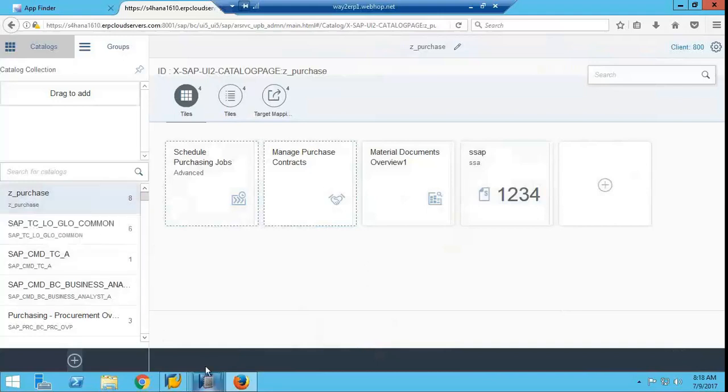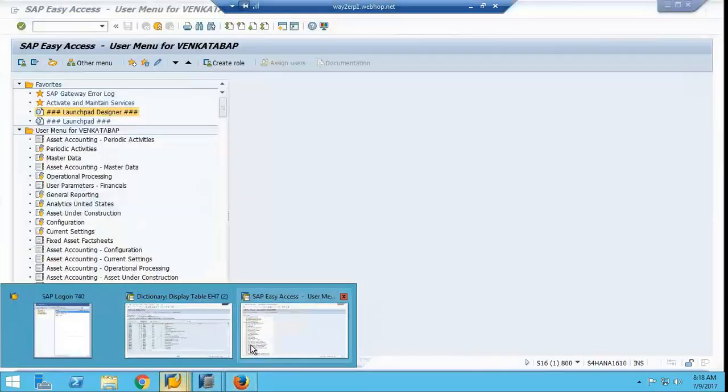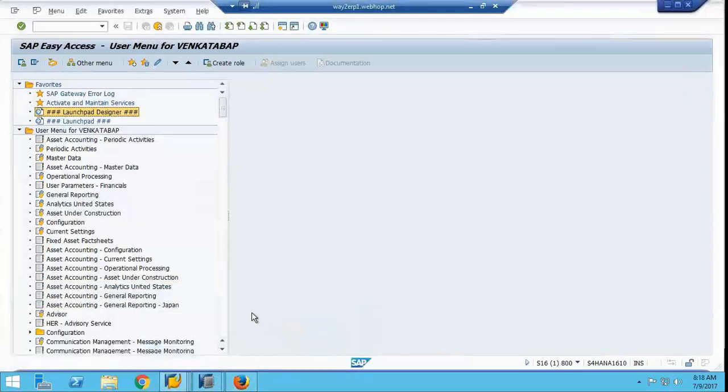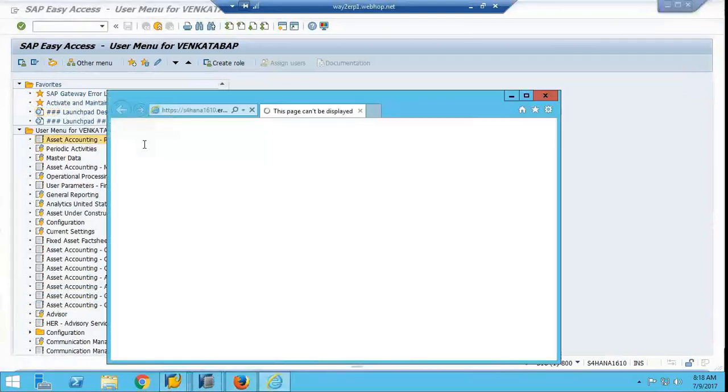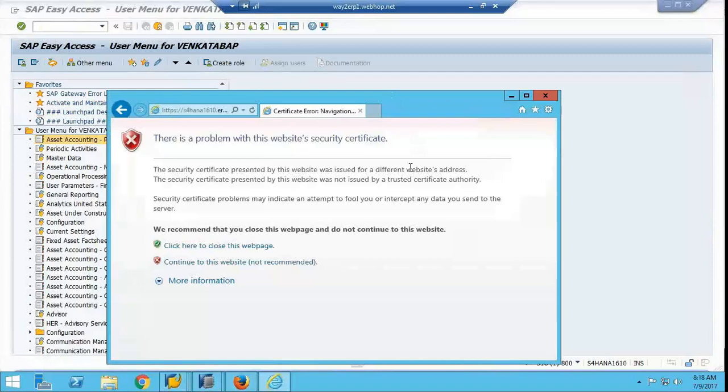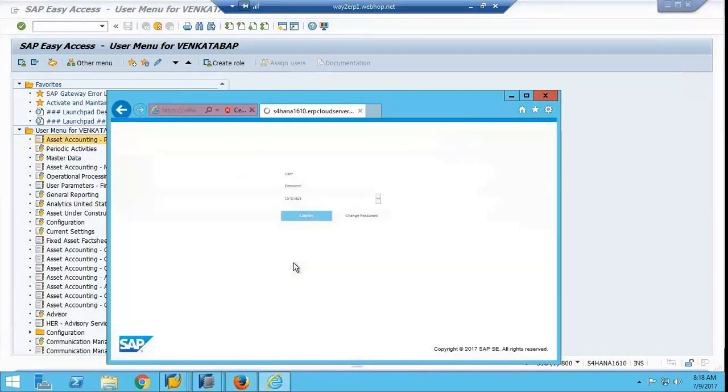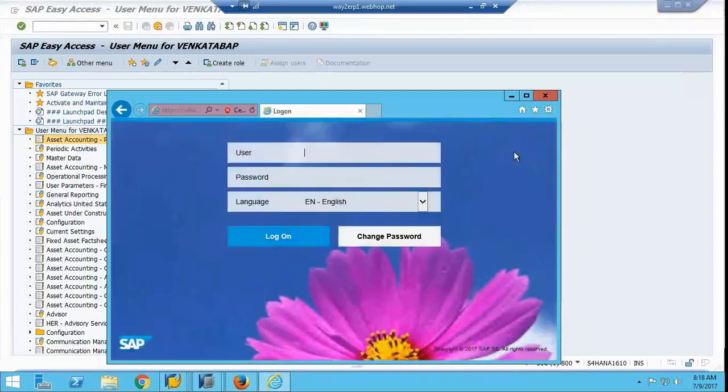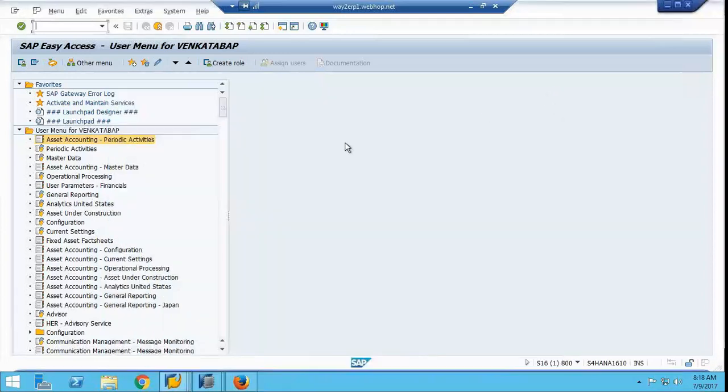Okay, same thing if you see here, there is a concept called LPD cust. So these are all different apps.